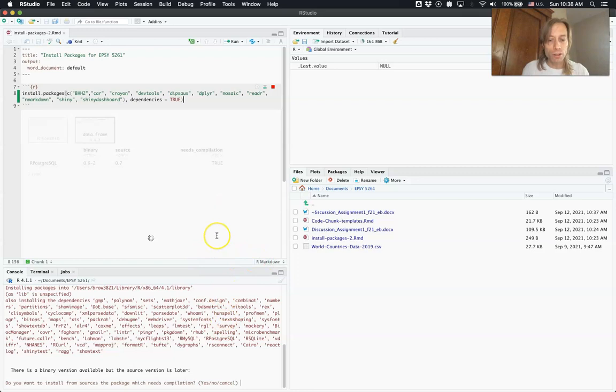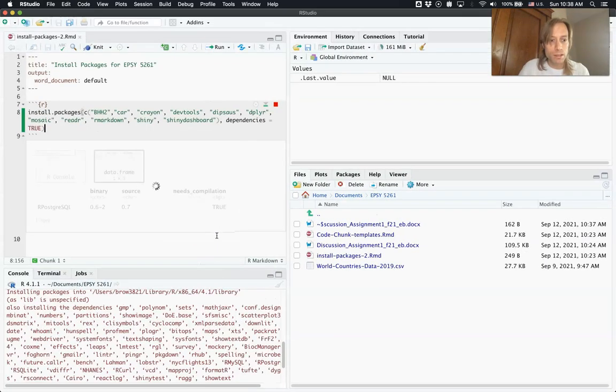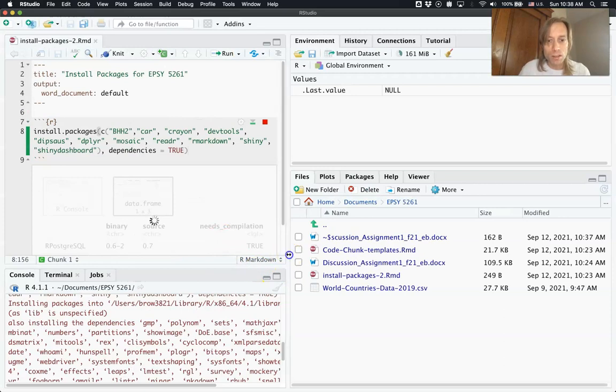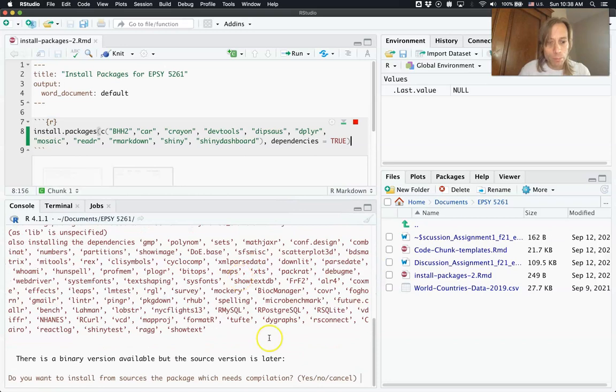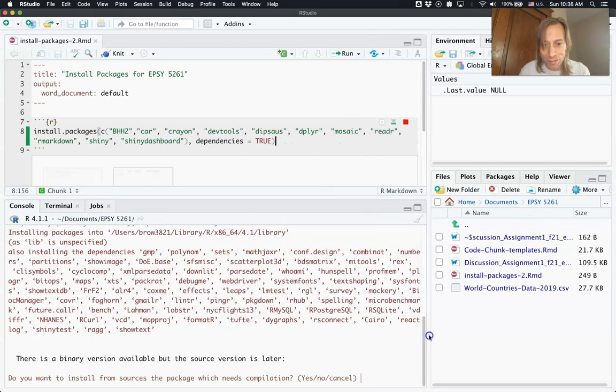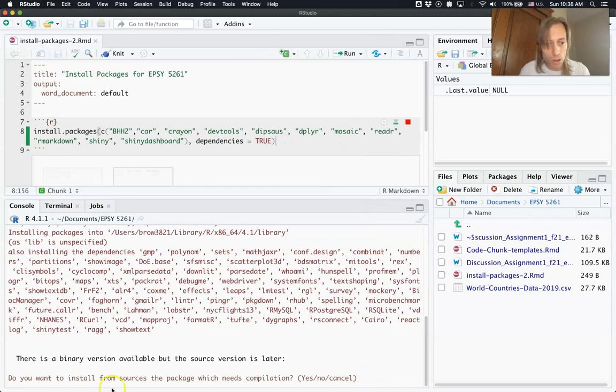And here I got a different message. I will zoom in so things are a little bit bigger, so you can see this on the video more clearly. But down at the bottom, and you notice I have to kind of resize to see the full message, unfortunately, and to respond to it, it says, do you want to install from sources the package which needs compilation? So this is just basically saying that